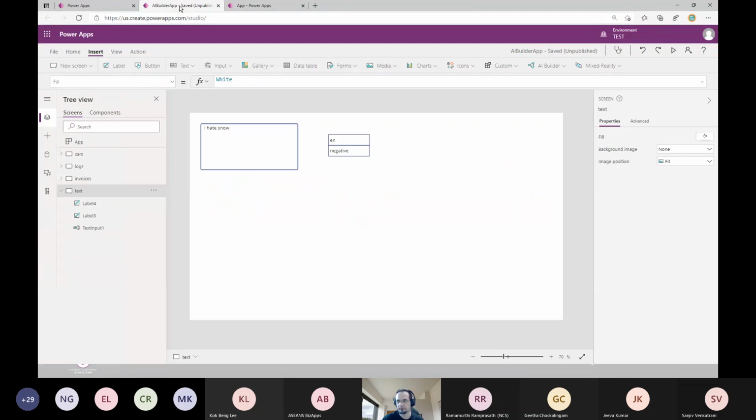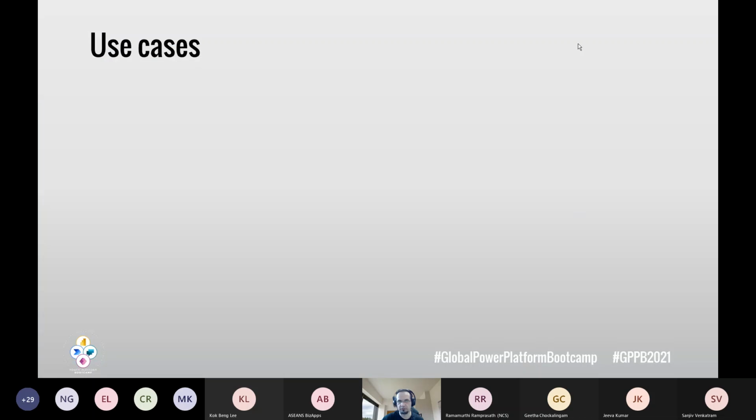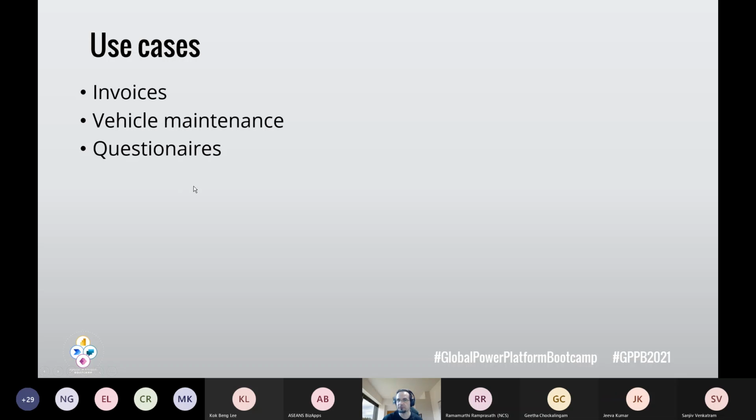Okay, so I switch back to use cases. Invoices, it's a good idea to create very quick, very simple power-ups to process your invoices with your AI model. Vehicle maintenance, maybe some forms to analyze, to extract text from forms, image classifications as well,